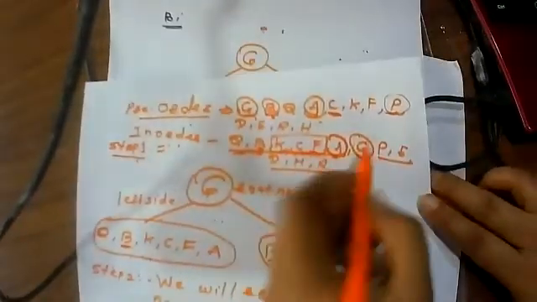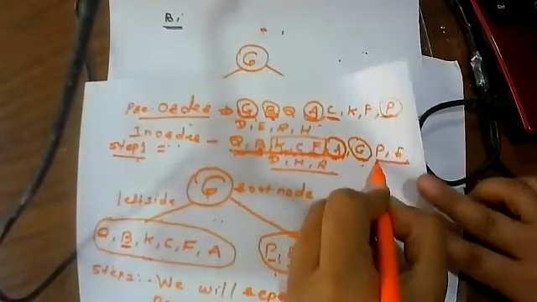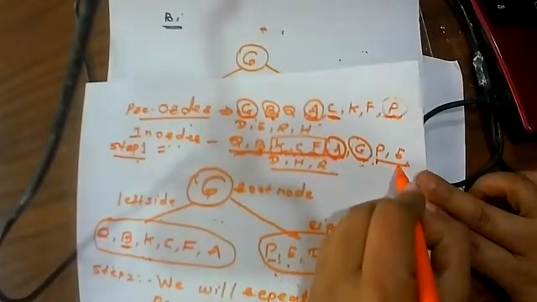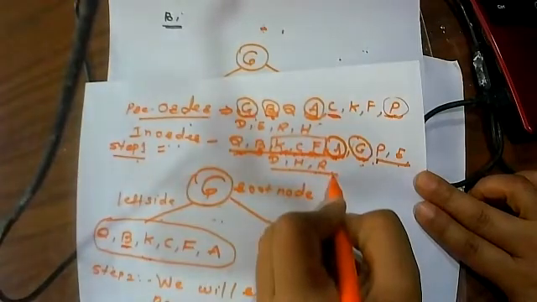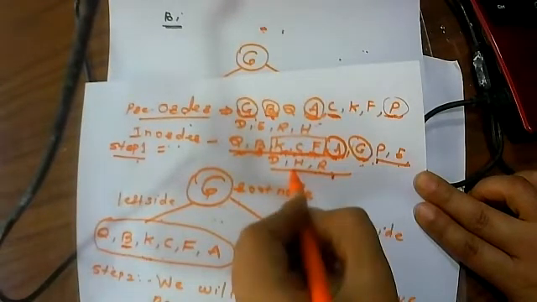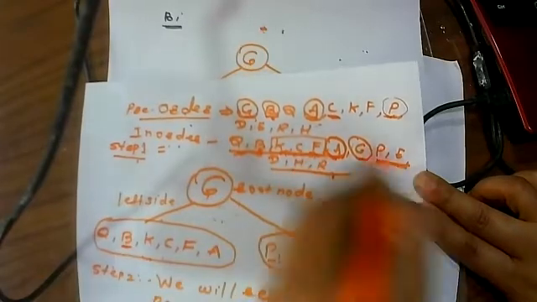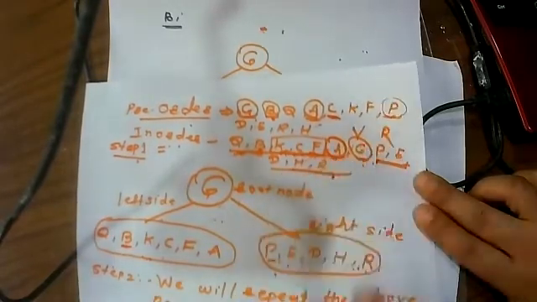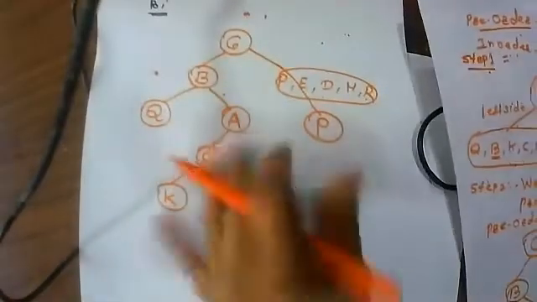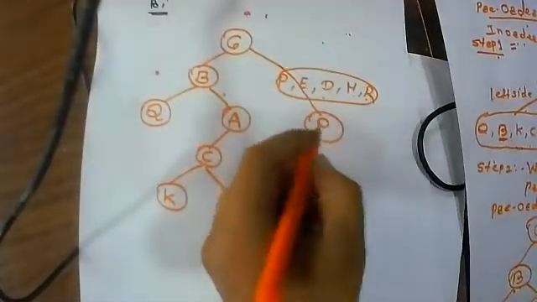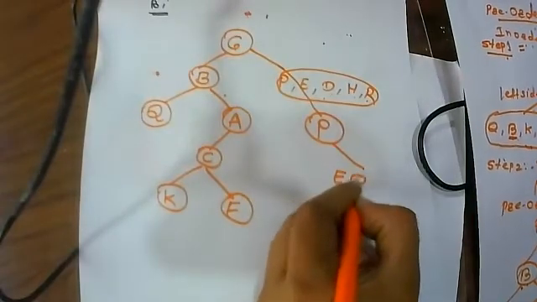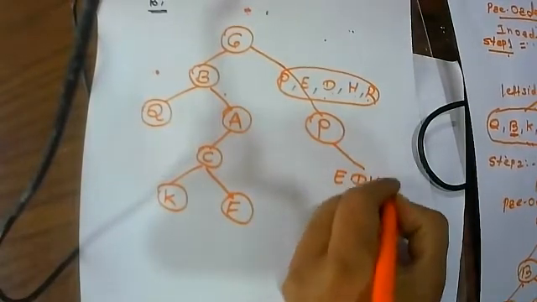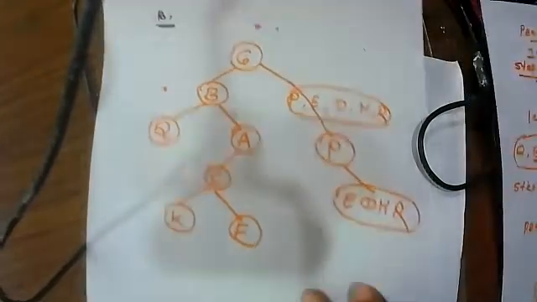Now what is the position of E, D, H, R in the given in-order? So we are going to check it. P is placed here. P के बाद E, D, H, R है. That means all are placed in which side? Right side. I hope everyone agrees. P के बाद आ रहा है, means this is visited and this is the right side. That's why we have to draw it like this. P is here. After that, all the remaining nodes, that is E, D, H, R, are placed to the right side. So I hope everyone is clear now.